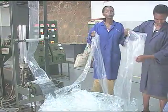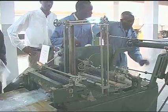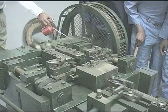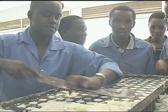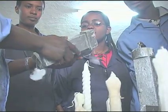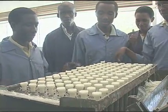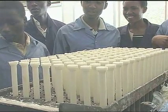Teachers and students at the Kigali Institute of Science and Technology in Rwanda's capital are working to identify and fulfill market needs. The school has a host of low-tech machines that make nails and other everyday items. With this candle-making machine and molds, invented in Rwanda, production costs are about 2 cents per candle. Candles imported from China cost about 10 cents each in Rwanda. Students here are learning how to make candles out of beeswax, abundant in Rwanda, using no electricity or water in the process. Cathy Majtenyi for